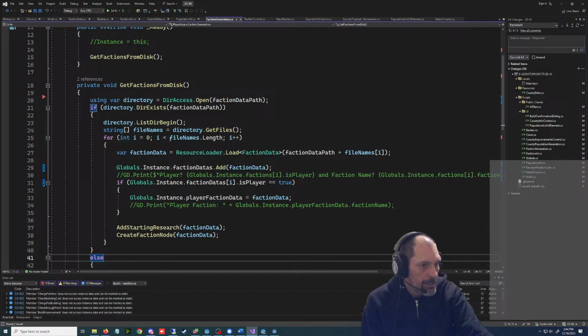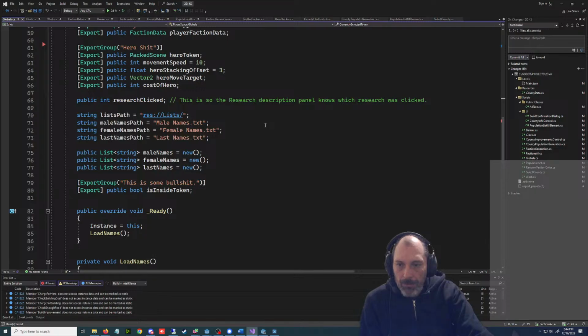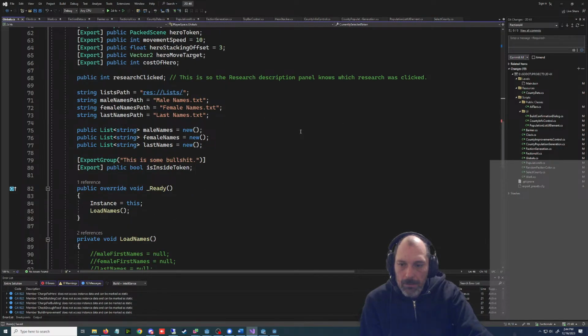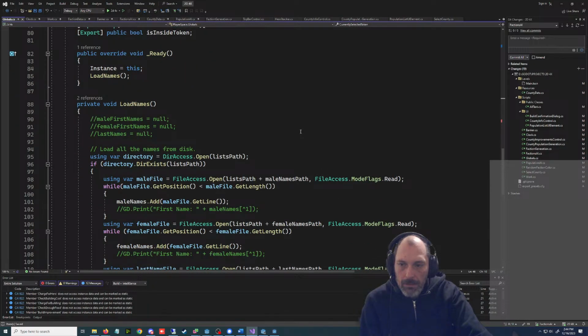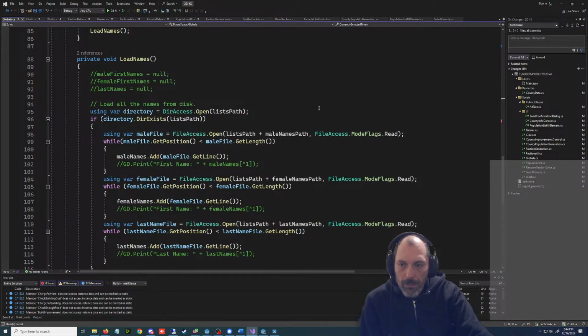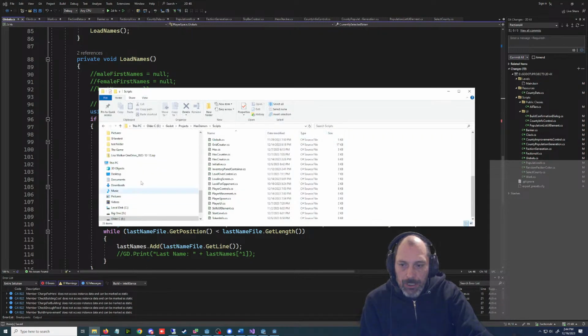It's not necessarily this. The first thing it runs into, this is in globals, is it's loading these names. Am I loading names in Hex Daemon here?